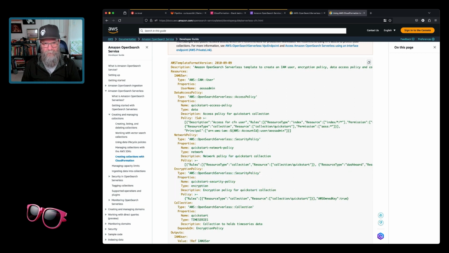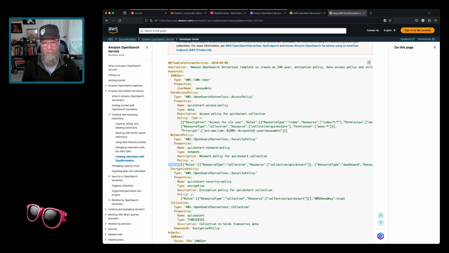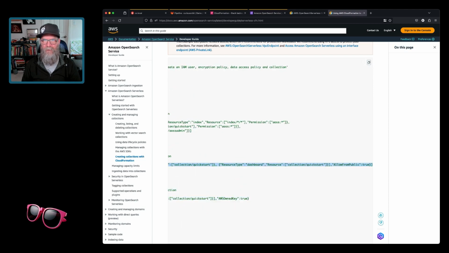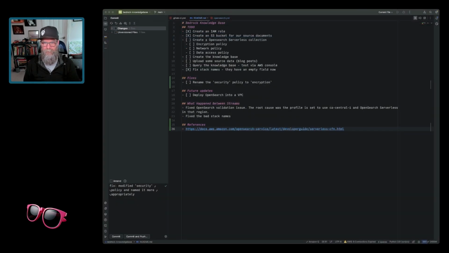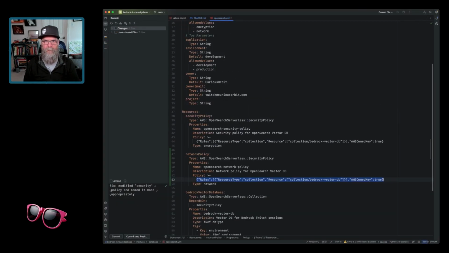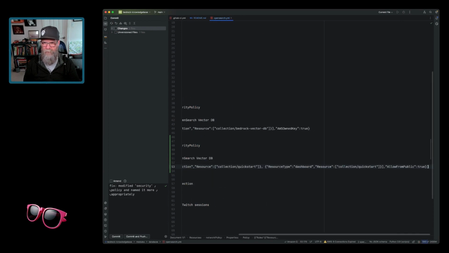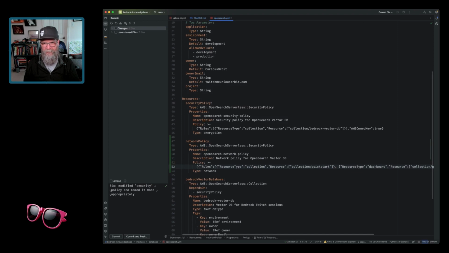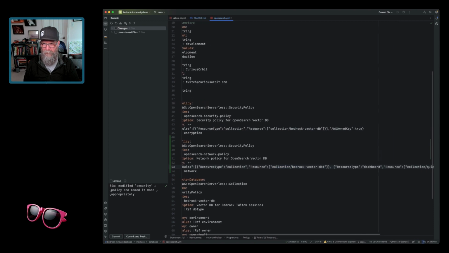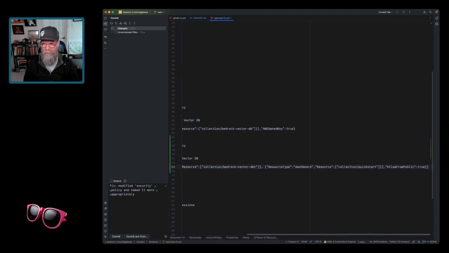And I'm going to use the rule that they have here, but we're going to verify that it all makes sense for what we're doing. So if I go back here, we're in the network policy and a couple things, there's a bunch of hard-coded things here. So we've got to change this. Dashboard resource,